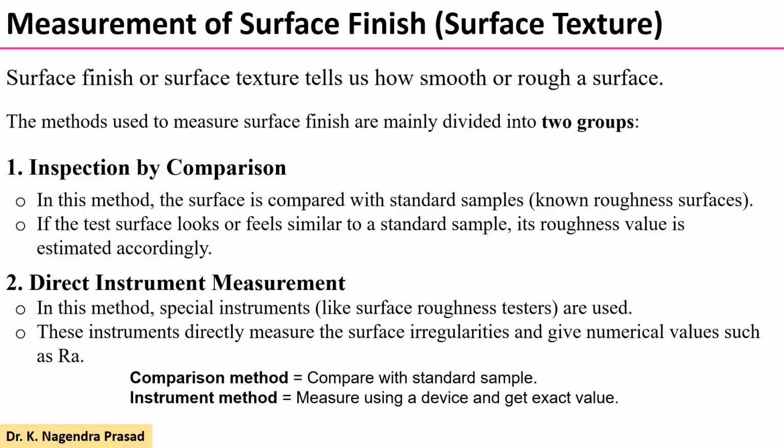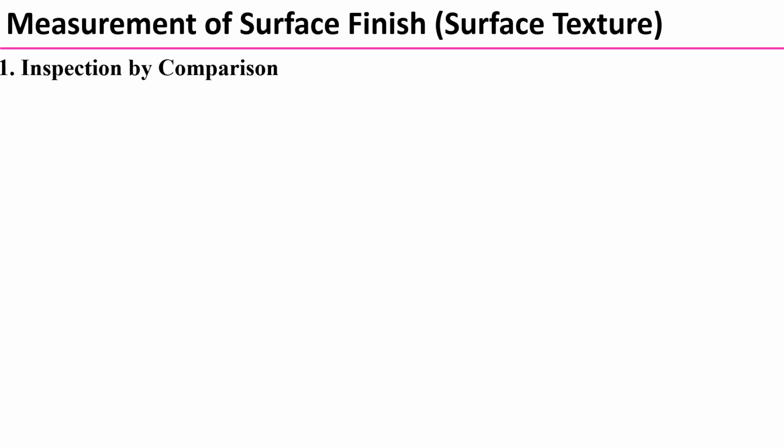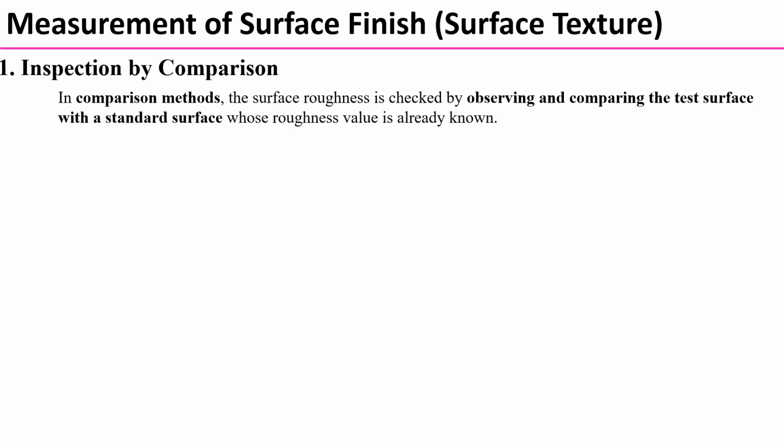So in the comparison method, we compare the surface roughness of a surface with a standard sample, and in the instrument method we measure the surface roughness by using a device and get an exact value. Let's see the first method, inspection by comparison. The name itself indicates